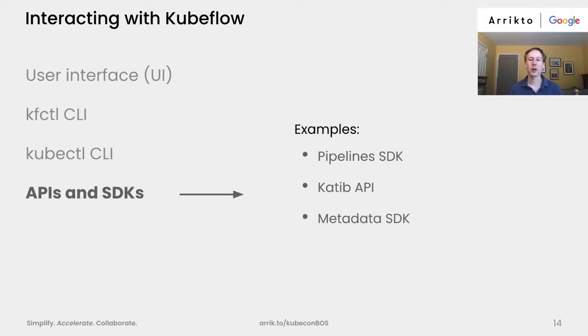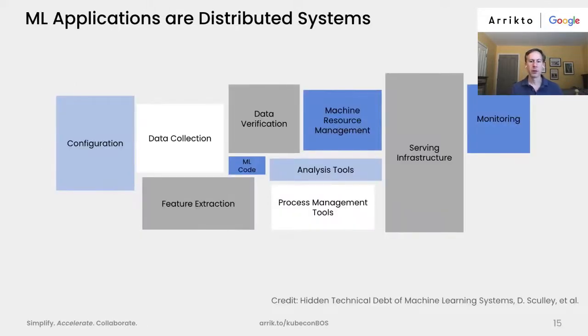Finally, there are APIs and SDKs. So if you're going to build a model pipeline, or create a hyperparameter tuning job, these capabilities are available through an SDK. And the final thing I'm going to mention before I turn it over to Stefano is that